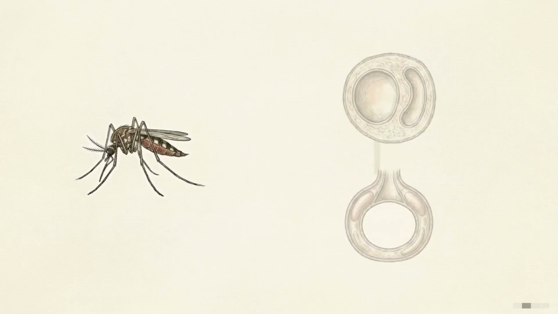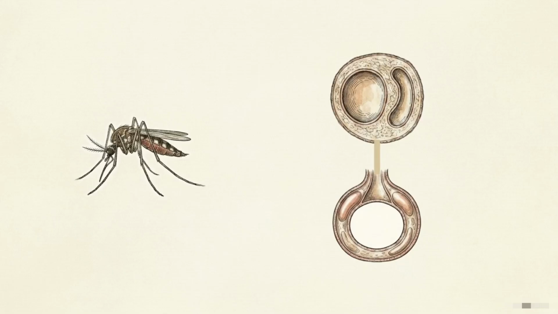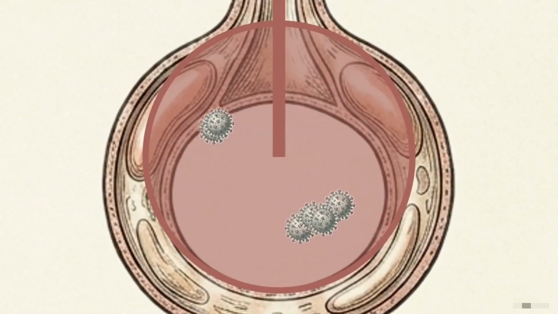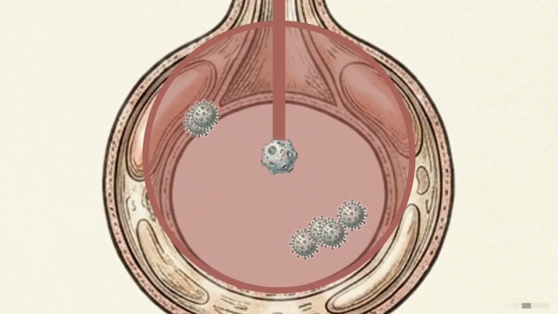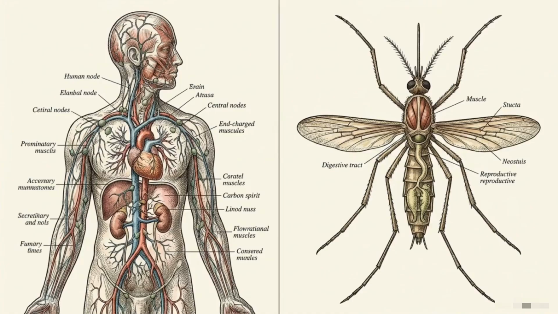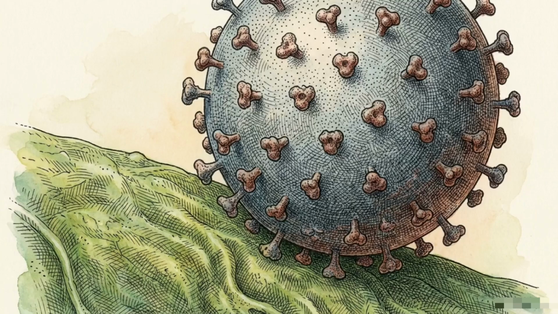The first reason lies in what happens the moment a mosquito takes a meal. When it drinks HIV-infected blood, that fluid travels straight down its mouthparts and directly into its stomach cavity. Here, we have to look at how HIV functions. To survive and multiply, the virus needs a highly specific host environment. It spends its time seeking out human T cells, the specialized immune cells it hijacks to replicate. But an insect's biology is entirely alien to ours. A mosquito possesses absolutely zero human T cells, leaving the virus with no compatible environment to dock or begin its